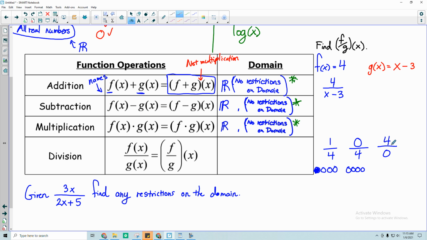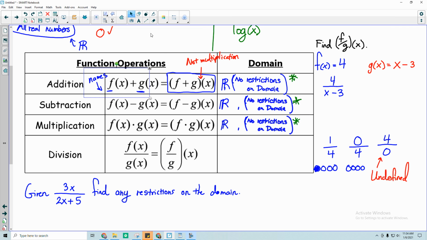So in math, when this happens, when we divide by 0, we get a divide by 0 error. We're going to call this undefined. What undefined means is that mathematicians, as of right now, don't have a definition for when something is divided by 0. They're actually currently trying to figure that out. They're trying to figure out what this means logically when something is divided by 0. But as of right now, it is kind of a bunch of nonsense when we think about it, okay? So we get an error, okay? So if you ever have this happen, where you have a denominator that's equal to 0, we would call that